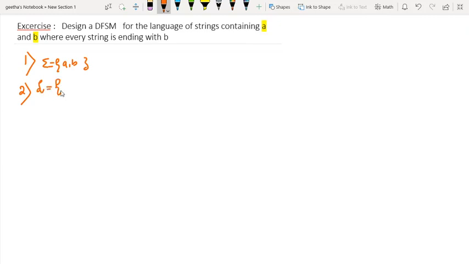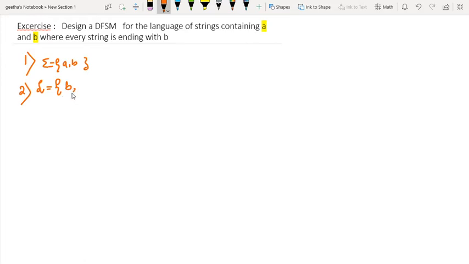What are the possible strings that can be contained in the language with respect to the alphabet A comma B? Using A comma B you can generate many strings, but here a condition has to be satisfied. In our language, every string is ending with B. That means you are going to add those strings which end with B. So at least B, it's the minimum length string.